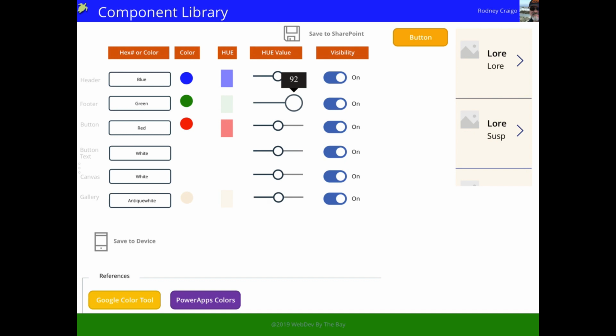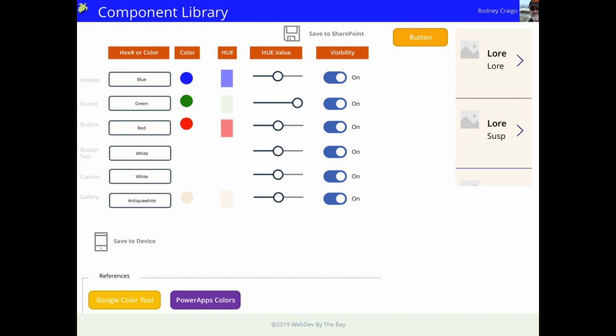The header's not connected to save to device. This blue bar up here at the top, the header component, that background color is coming from SharePoint. Now you see that I have the save to SharePoint button. That's because I'm in the security group. And I'll show you how to test that here.